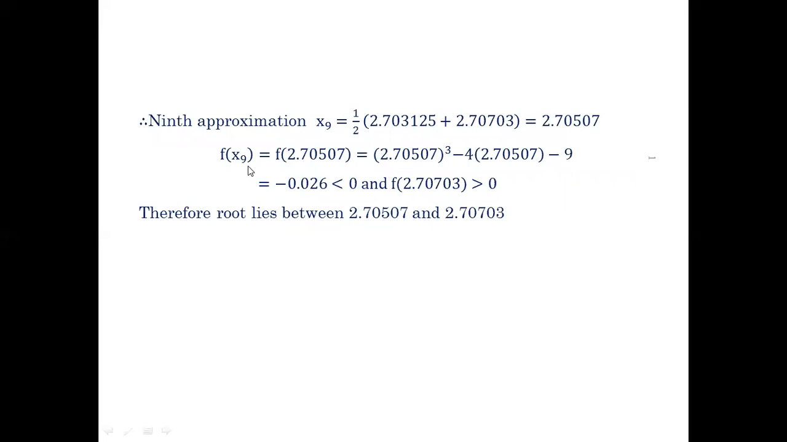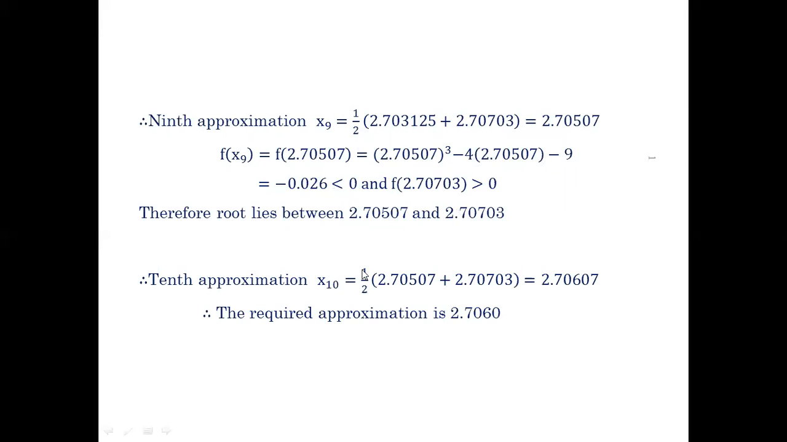Then you find f(x9). x9 is f(2.70507). Substitute in the x cubed minus 4x minus 9. That is 2.70507 cubed minus 4 into 2.70507 minus 9, which is equal to minus 0.026, less than 0. And f(2.70703) is greater than 0. Therefore, the root lies between 2.70507 and 2.70703. Therefore, the 10th approximation x10 equals 1 by 2 (a plus b), that is 2.70507 plus 2.70703 divided by 2 gives 2.70607. Therefore, the required approximation is